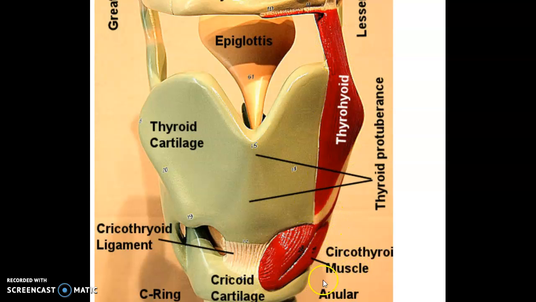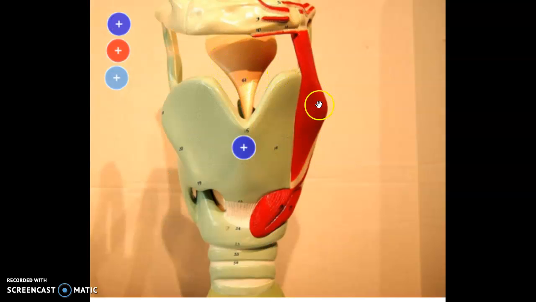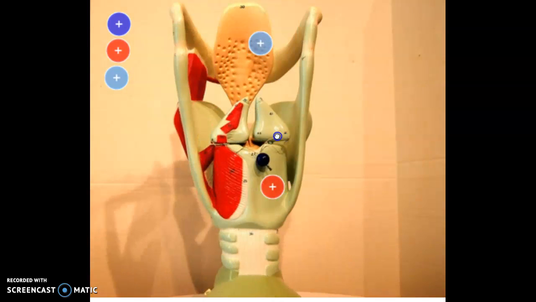Now, in the muscle chapter, you might have talked about the thyrohyoid muscle right here. And I don't know anyone that really talks about the cricothyroid muscle, but it reinforces cricoid cartilage and thyroid cartilage, so I thought I would include it. Now this is the epiglottis right here. What happens when you swallow is the hyoid bone's actually being held in place. This all lifts up, and the epiglottis right here is going to fold down over the glottis, preventing food from